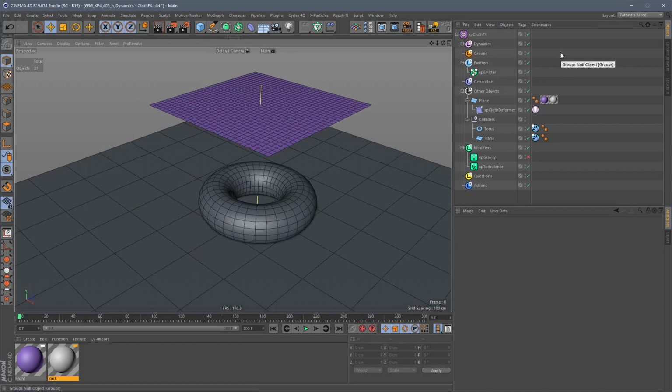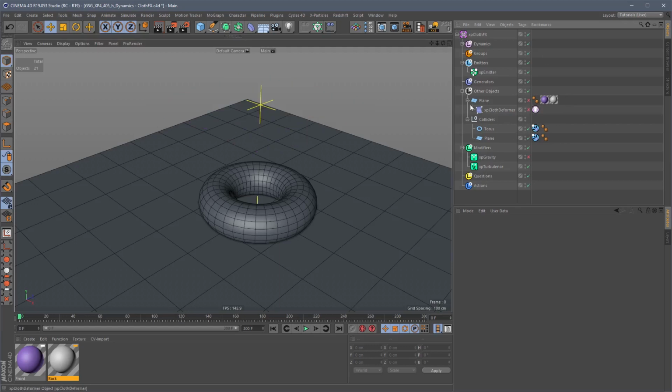You just want to get going with it. You just add a plane object. You click the Create Cloth button, and it'll add all the stuff you need in the hierarchy, and then you're ready to go. Now, if I disable this plane here, and I actually disable the emitter that goes with it,